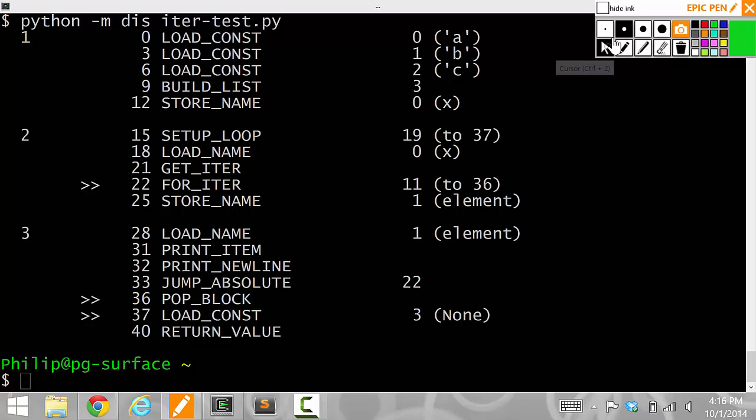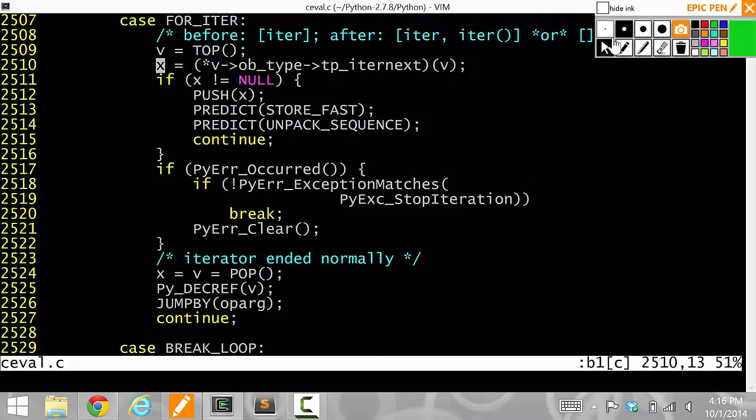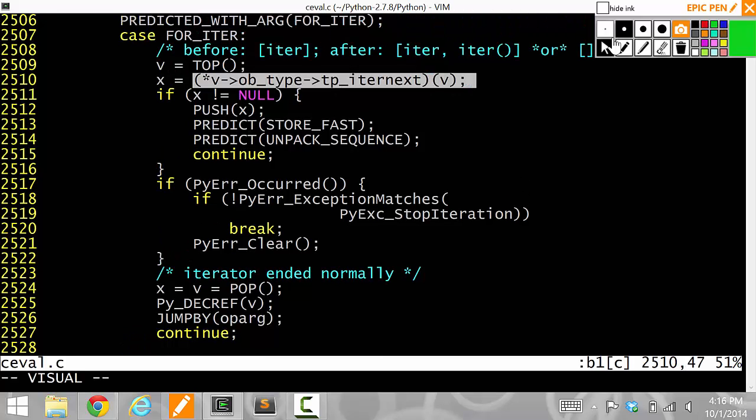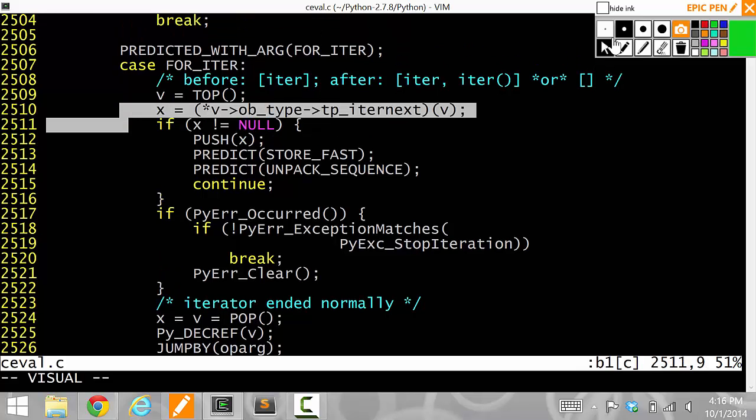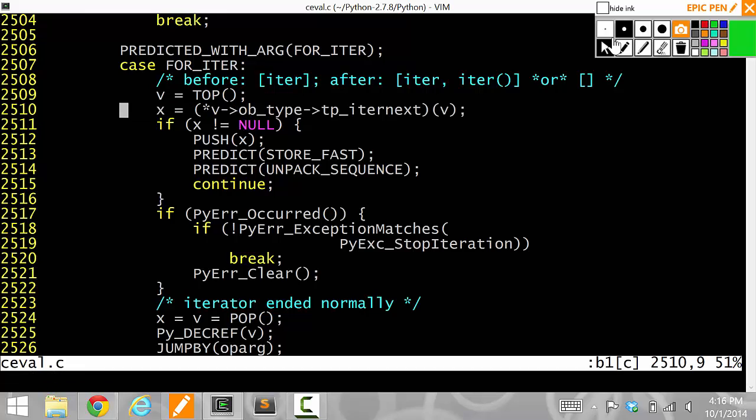Jump by. Okay. So now the thing to look into is iter next, right? What is this thing? This is the most generic code because in CEval it has to handle any object with some iterator. So for the list, let's see what iter next is. The list, recall, is a sequence iterator object. So if we're going to go to the object